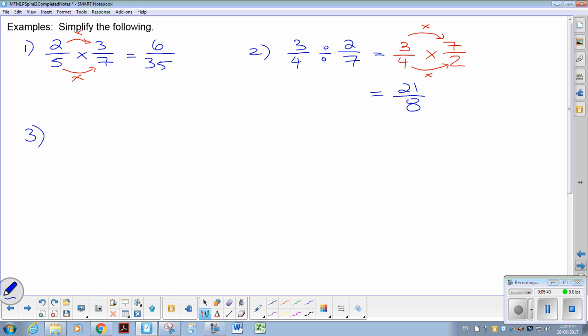So let's do some adding and subtracting ones again. I'm going to go with the 3 fraction ones, just because if you can do the 3 fraction ones, you can do the 2 fraction ones. So let's go 2 fifths plus a quarter minus, let's go 2 sevenths. All right, so we need to find, step 1 is we got to find a common